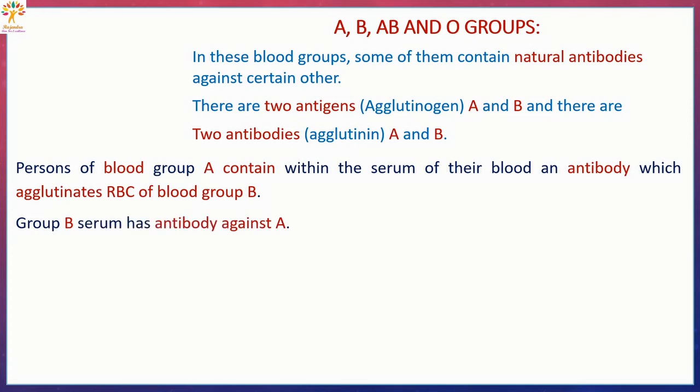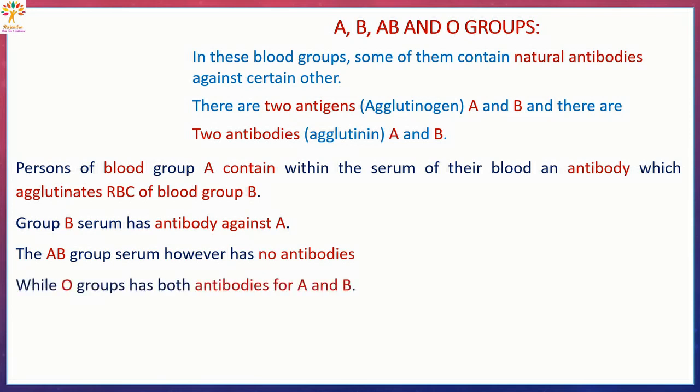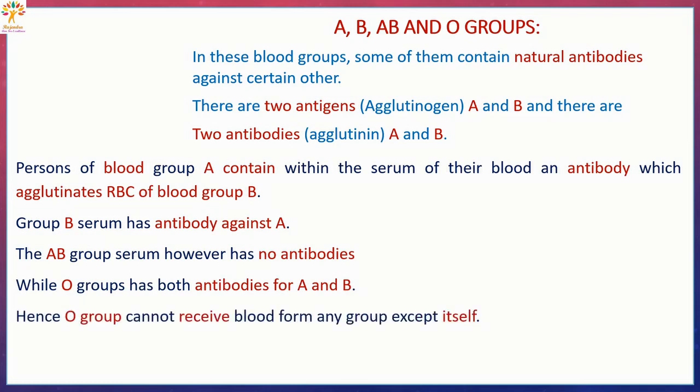Persons of group B contain within the serum of their blood an antibody against A. The AB group serum, however, has no antibodies, while the O group has both antibodies, for A and B. Hence, O group cannot receive blood from any group, from A, from B or from AB also,